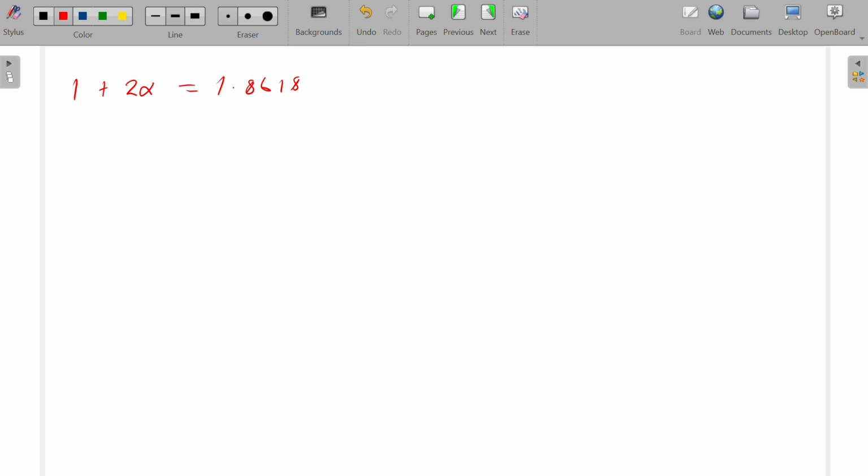Now at this stage, all we have to do is find alpha and make it the subject. We'll say 2 alpha is equal to 1.8618. When you take the 1 to the other side, it will be minus 1. So 2 alpha will be equal to 1.8618 minus 1, which will just give us